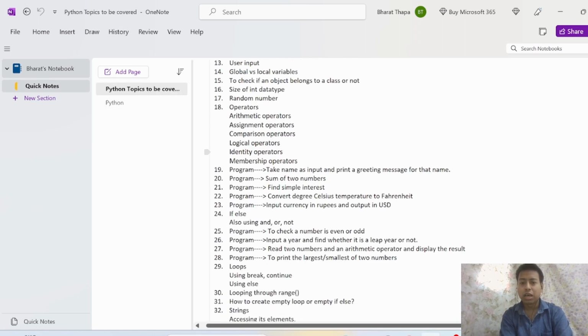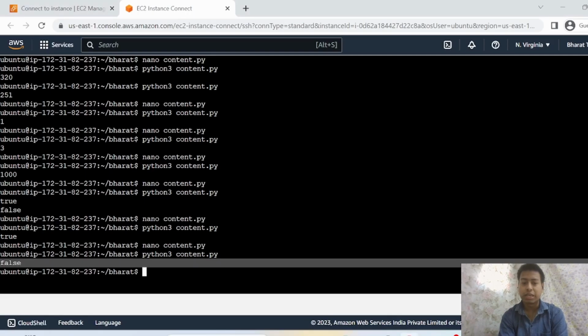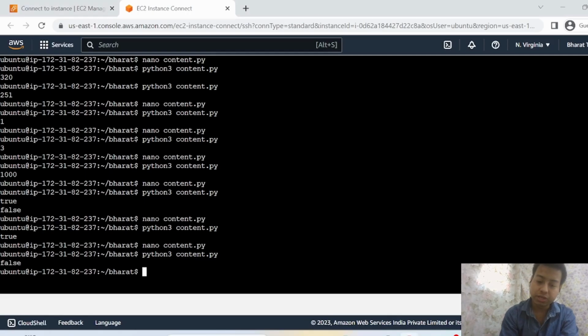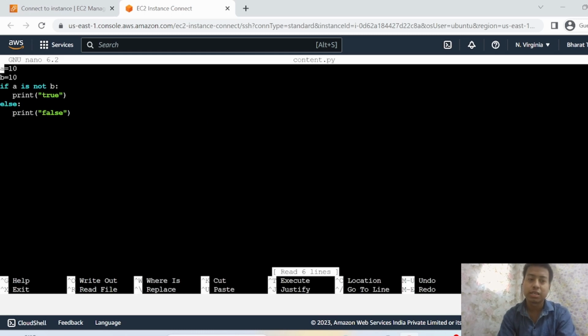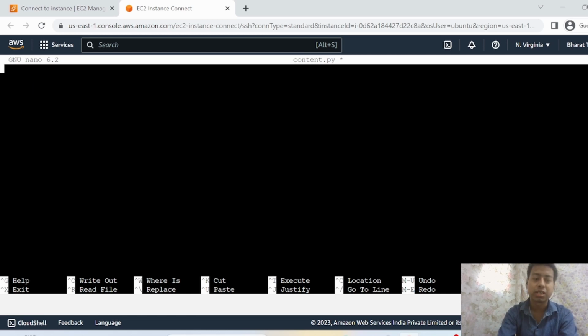Then we have membership operators. Membership operators, what do they do? They check whether something is present in something or not. Let's say, for example, we do nano content.py, right? We have to check the membership operator. We say a equals, and we put some string in it. We say Bharat, right? If we want to check whether B is present in A or not, we can say